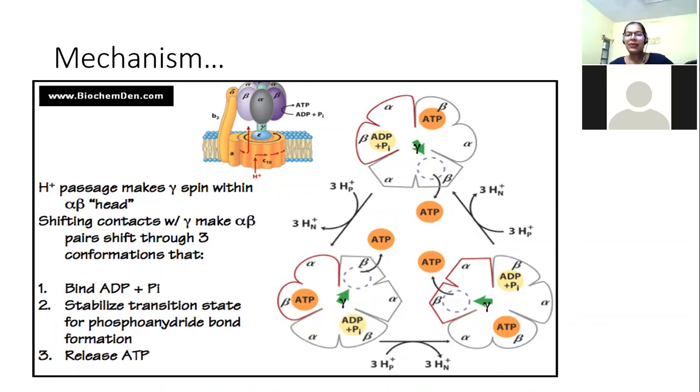So finally ATP is released. Clear? With all these different small figures, I just want to convey the message, and please look it over here, the rotation also, gamma. I told you, right? It is rotating. So you can see the direction also over here. It is moving from one alpha beta to another to another. So open, loose, tight, open, loose, tight. So just rotating and ATP is synthesized. Okay.